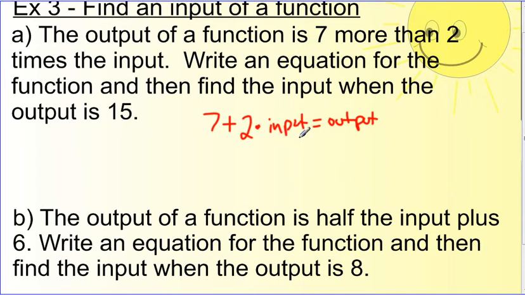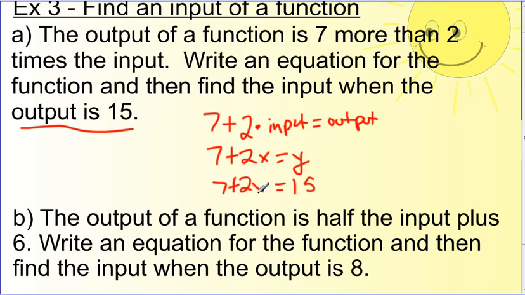So here we kind of have an equation. Input we said would be x. So if I can actually rewrite this a little bit prettier. 7 plus 2x, input is x, output is y. There. We've got ourselves a function. We've got x's and y's and some math. Now it says find the value of this thing when the output is 15. Now output's the y variable. So if I just plug in 15 here, 7 plus 2x equals 15,